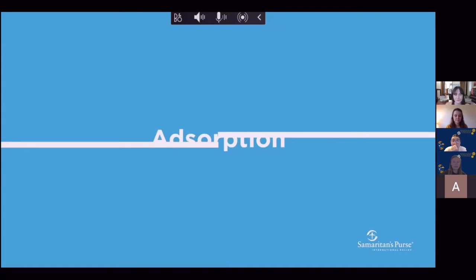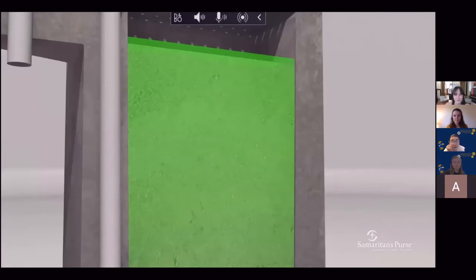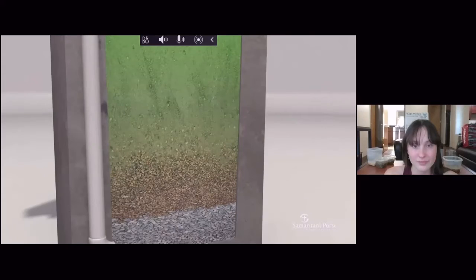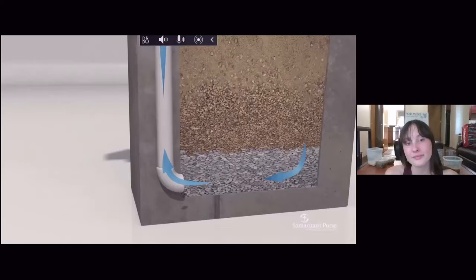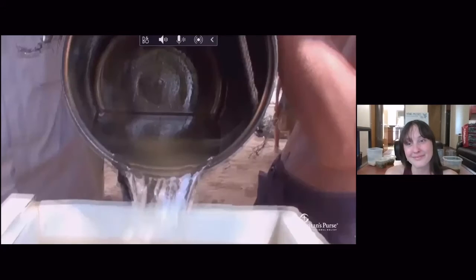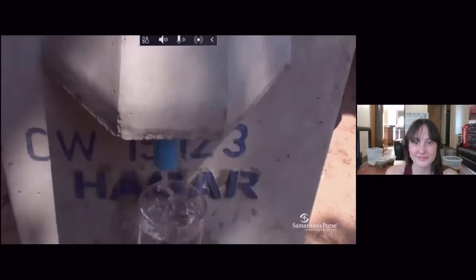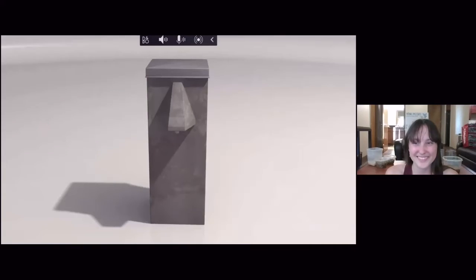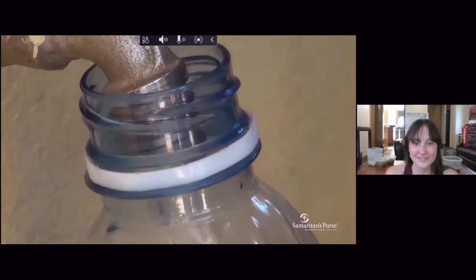The 4th filtering process is called natural death. As the water nears the bottom, there is very little food, and so disease-causing contaminants naturally die off because they don't receive the nourishment they need to survive. When the water reaches the bottom, other water pushing down forces it up the riser pipe and out the spout. Almost all contaminants have been removed, making it safe to drink. Although the biosand filter looks simple, it's actually very sophisticated and effective. We've adapted the technology to create larger filters, what we call Samaritan filters, for providing safe water to schools and